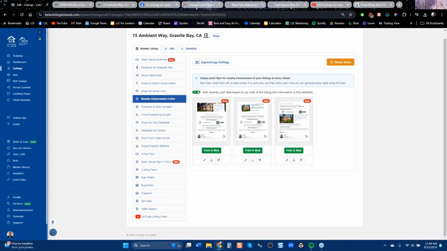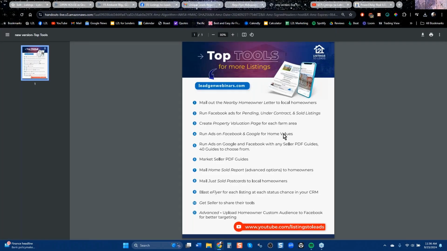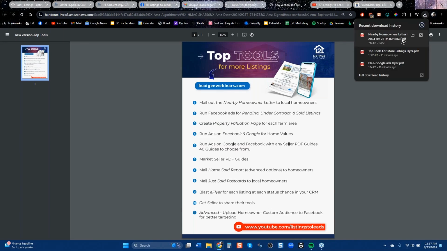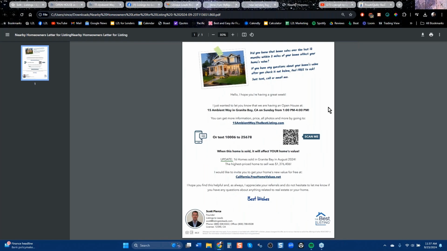Now, we have a lot of ways to capture listing leads, and I'm hoping all of you printed this out. You'll notice that the nearby homeowner letter is at the top. This doesn't generate the most listing leads, but these leads convert into an actual listing faster than every other tool. And here's why. You see this piece of paper? This is it. It's pretty simple. It's not a heavy read. It's meant to scan and make a decision in 3 to 5 seconds.